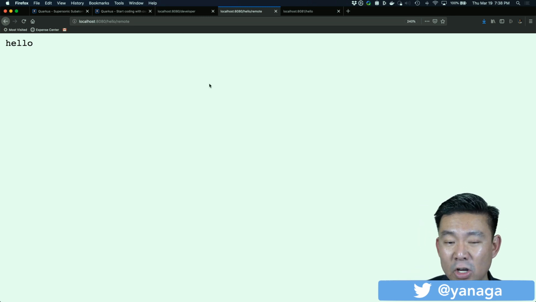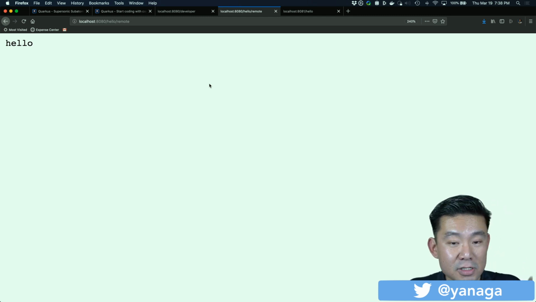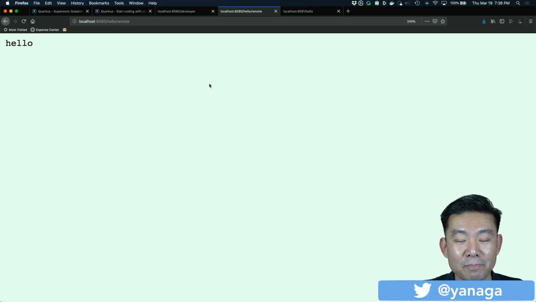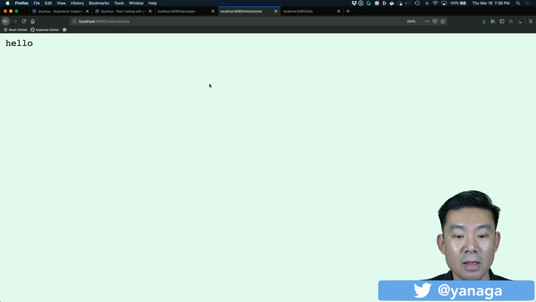And if you have any other favorite Spring API that you want to be included in Quarkus, maybe just go to the mailing list and say, I have this project using it, because the engineers need to know what people are using to be able to implement something like that. Okay, but let me show you that.